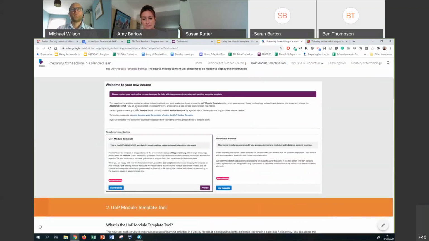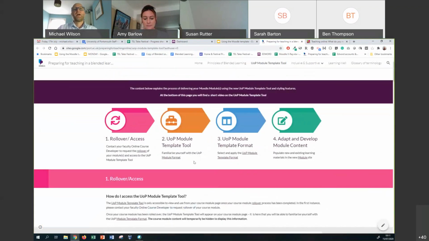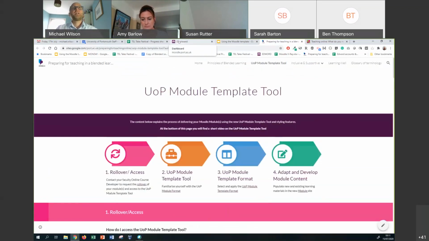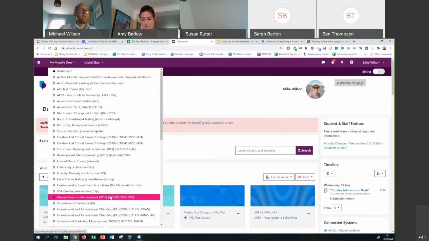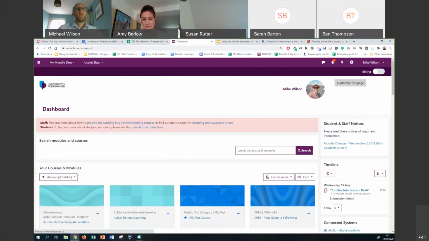A quick screenshot there of what it looks like. We'll come to that in a second. And that will allow you to choose the template which best fits your needs, have it applied, and then you can adapt and develop your module content to fit your needs. So I'll show you that in practice now. So if I jump to one of my test courses, which is here,